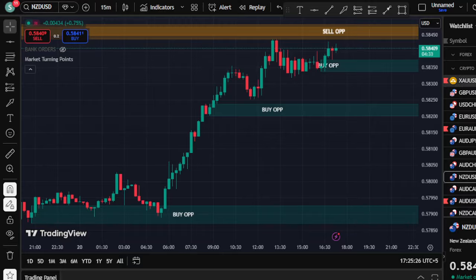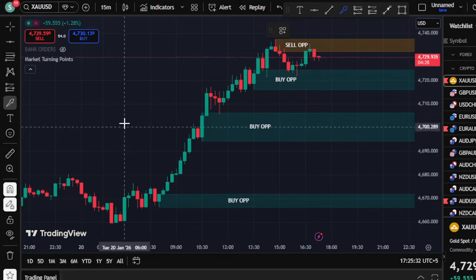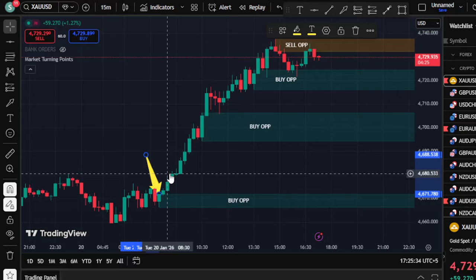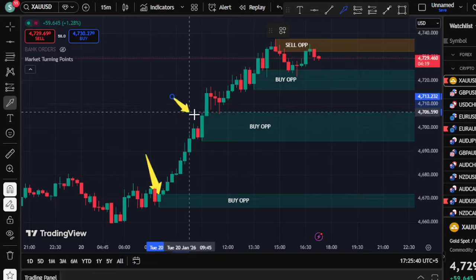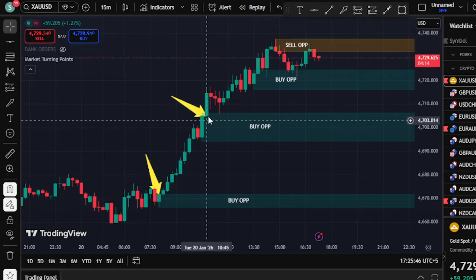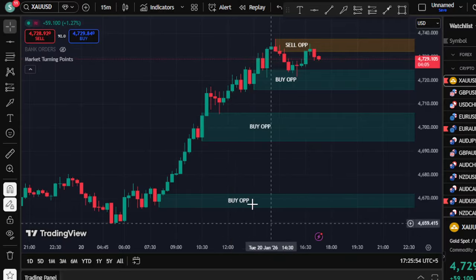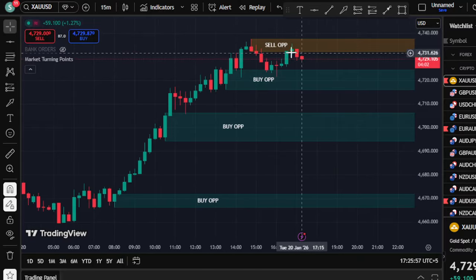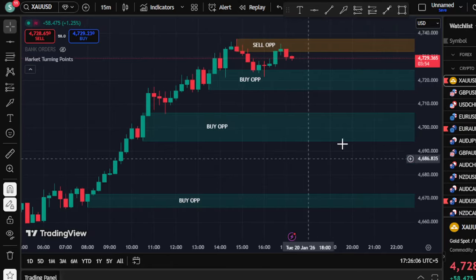So first of all, let's talk about the gold momentum today. You can see on the second candle, this buy opportunity was fixed, and now you can see the price simply went up. And again, with the gold movement, it has provided you another buy opportunity on the market turning points 15-minute indicator. On this second candle, this will get fixed, and then you can see the ride on the upward side. Mostly we take the rides with the trend. For example, there is a selling opportunity, but I will ignore that because right now the trend is very much upward. When we are looking to sell, we should not go against the trend.